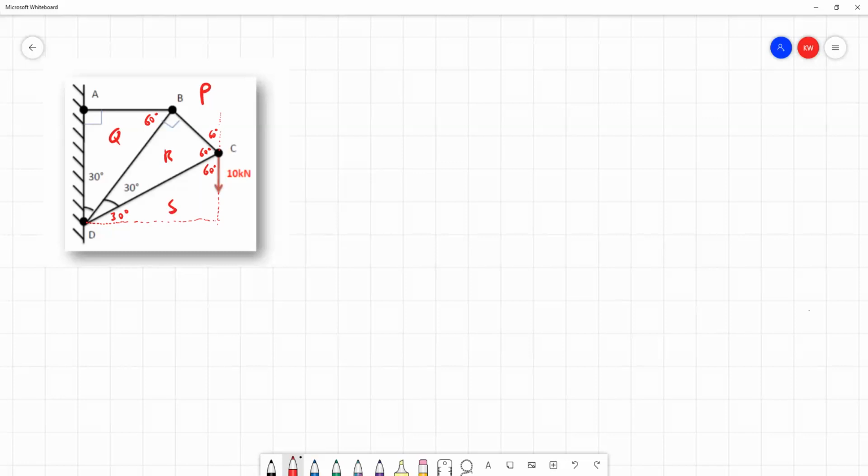So having somewhat annotated the diagram for the question, we're going to begin our node analysis, and we're going to start at node C, because that's a node at which we have a force already being applied. So let's draw a space diagram representing node C. What we have at this node is a 10 kilonewton force acting down the way